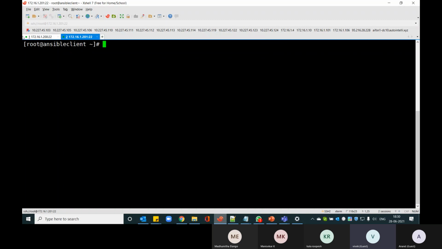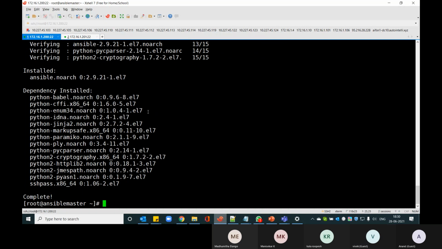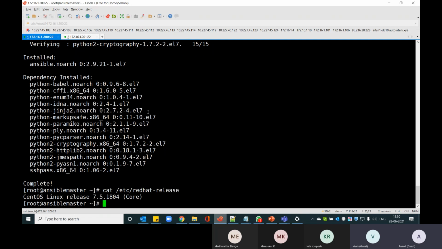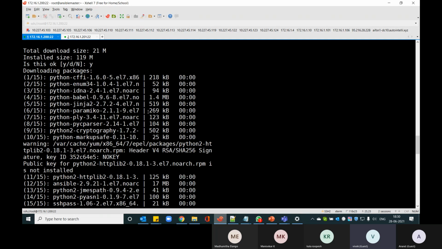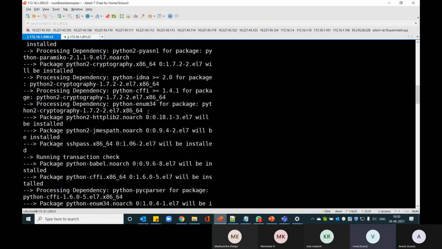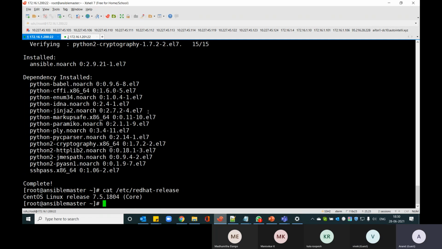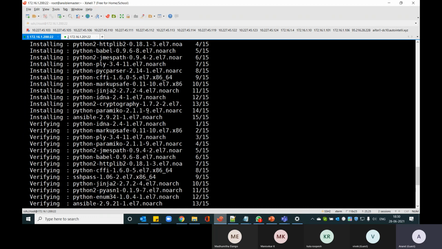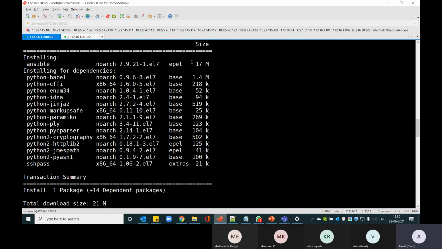Anand, you're using CentOS 7.5, right? Yes. So have you configured any repo so that it downloads Python, or by default, if you don't have anything configured on the server, how does the package get installed? Do we have to download it separately? If you see, from which repo it is downloading.